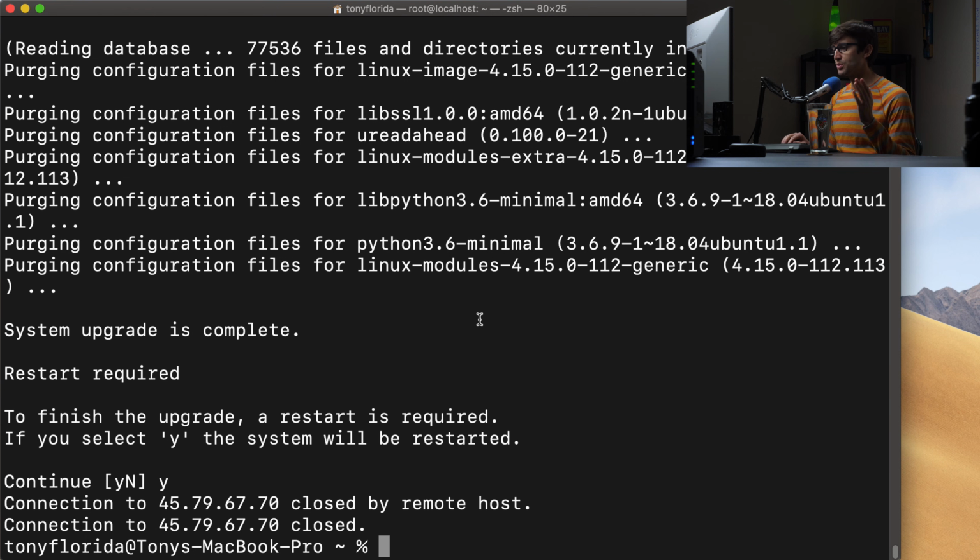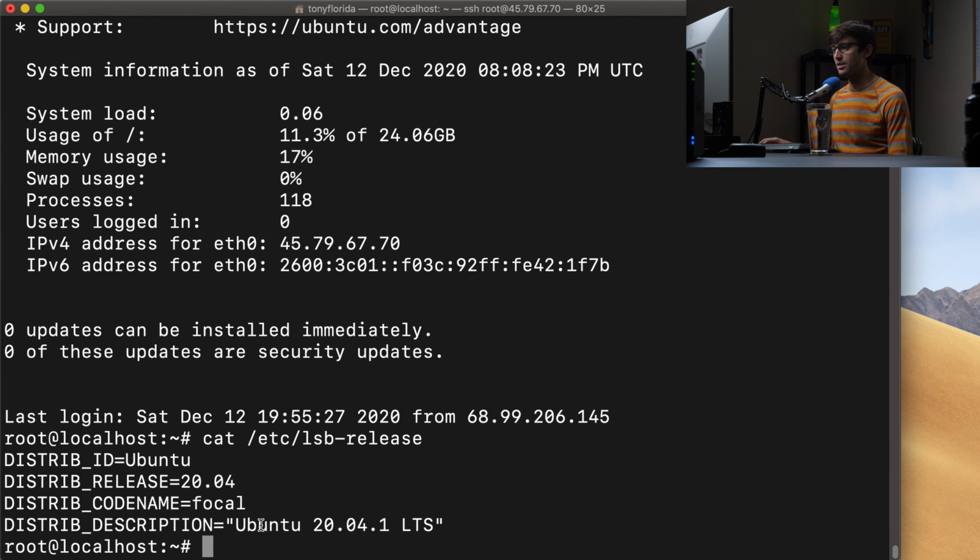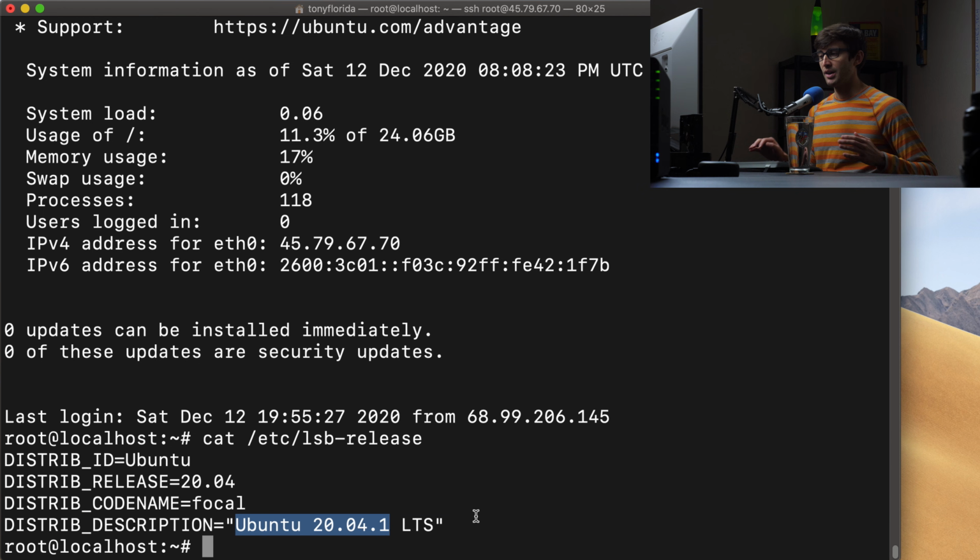Okay, and we should be able to log back in via SSH right now. So let's go ahead and try that out. And we have successfully done that. So just like we did in the beginning, it says up here, welcome to Ubuntu 20.04.1, for the version of the operating system. Let's go ahead and check the version with LSB release. So we can do a cat /etc/lsb-release, hit enter, and indeed we are running Ubuntu 20.04, successfully upgraded